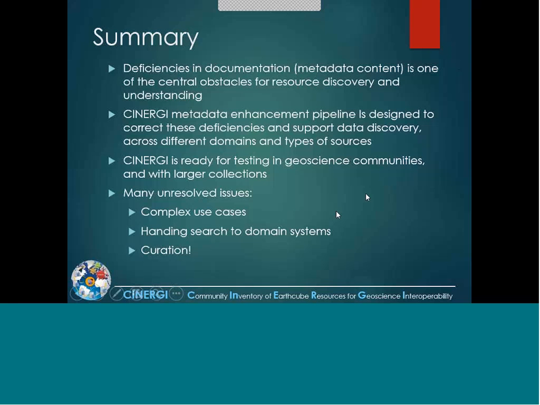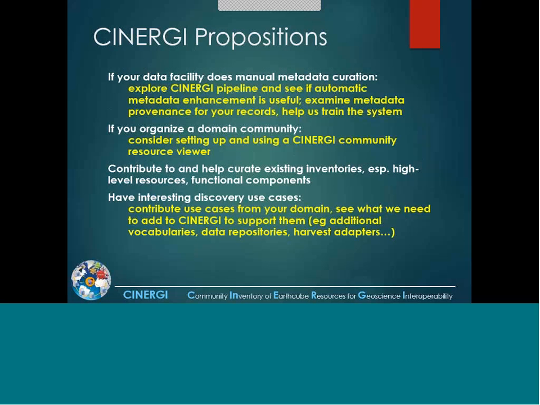Unresolved issues are related to complex use cases, handling search to domain systems, because, for example, we can find data sets that contain observations that are of interest, but we can also find that AIDA would provide a more precise response to the query, especially about samples, or quasi-HIS would provide a more precise response to the query when it's about time series. And curation is a very big issue. This is the final slide, I think. And these are the propositions that